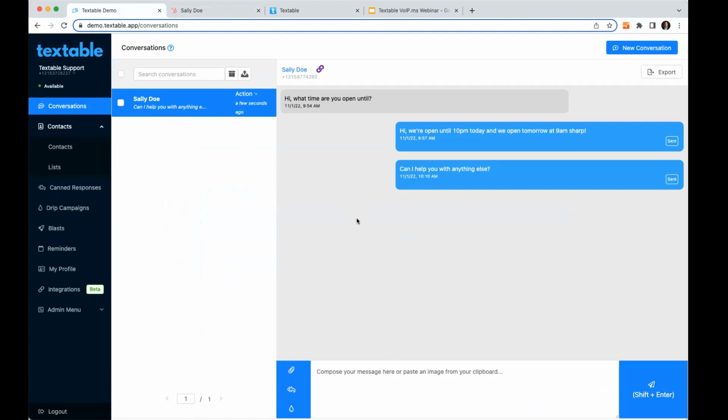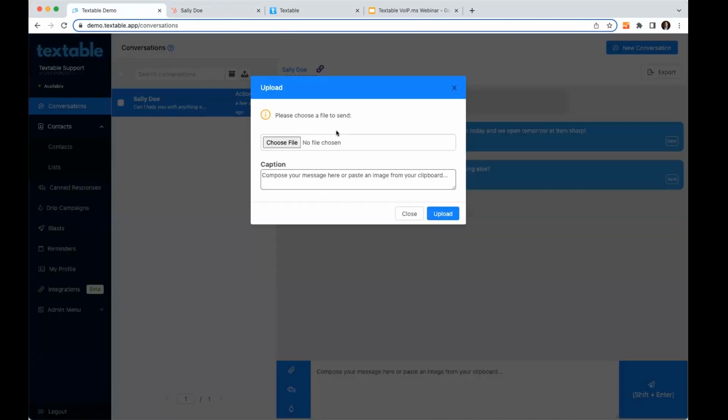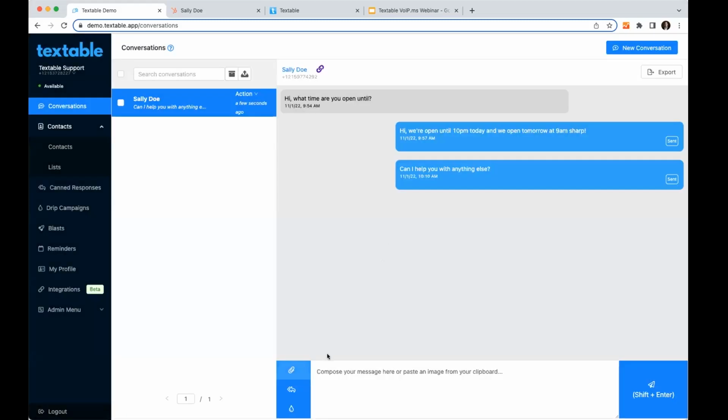So over here on the conversation screen again, just some features of composing a message. Here I've got MMS, right? So we've got pictures, videos, documents, all things like that we'll support. And if it's something that we can display in the browser, like a picture or a video or a media file like audio, we'll go ahead and give you a player if that's something we can support in the browser.